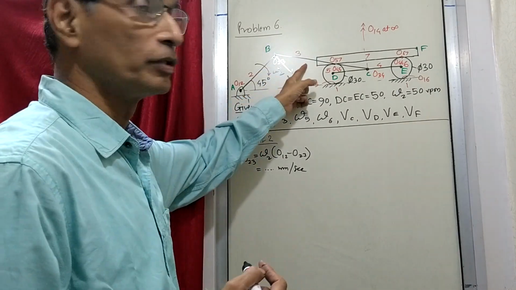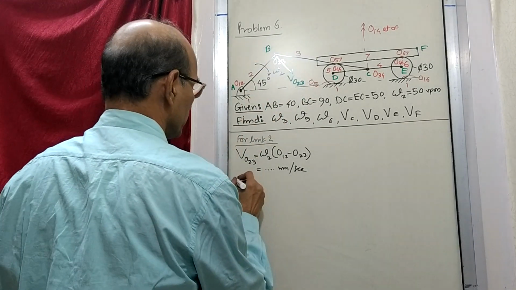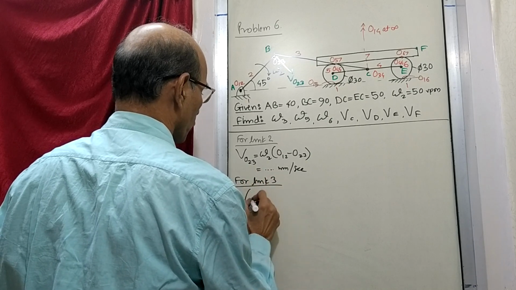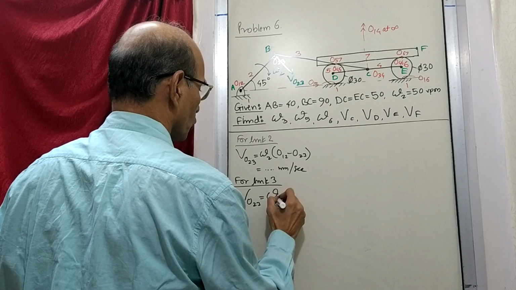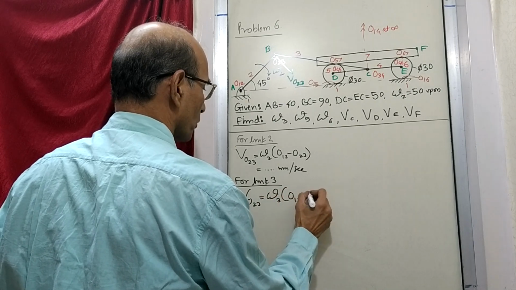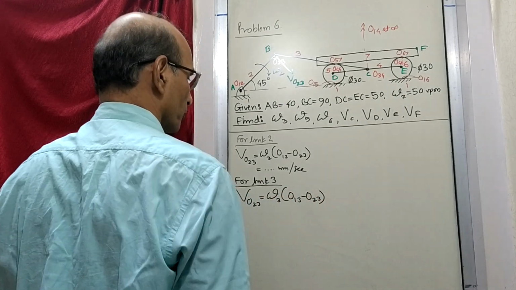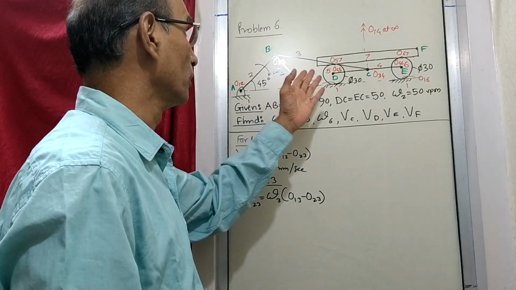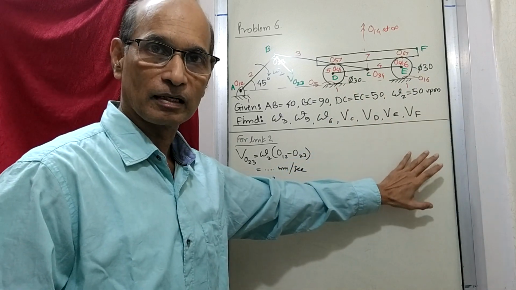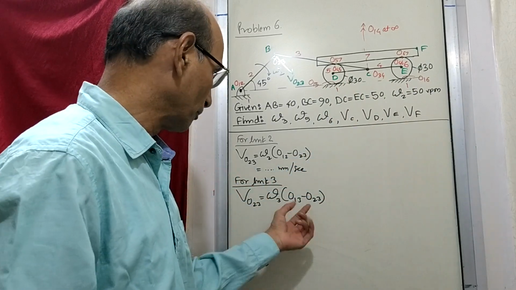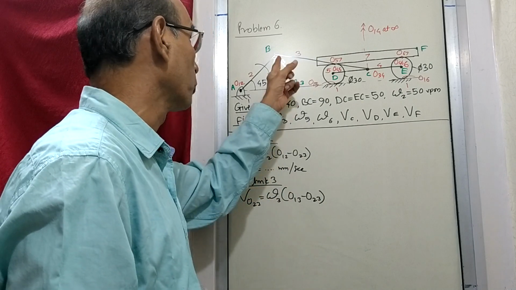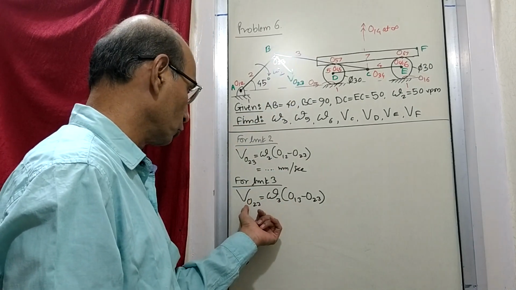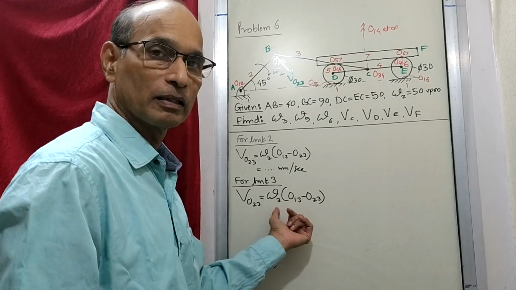So now this point belongs to 3 also. So now we say for link 3, velocity of O23 is equal to omega 3, distance from O13 to O23 now. So this will tell us to find out O13, because O13 at the moment is not there. So now we go to Kennedy's circle and find out where is O13, and after that you can measure the distance from O13 to this point O23 and, rather divide velocity of O23 by this distance to get omega 3.